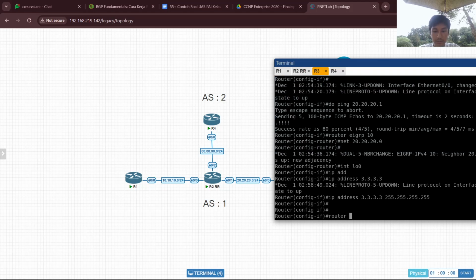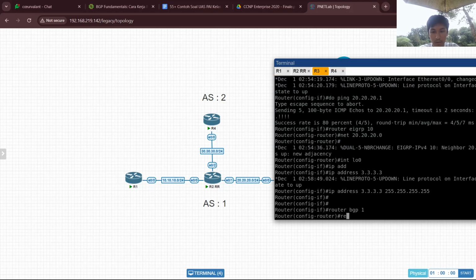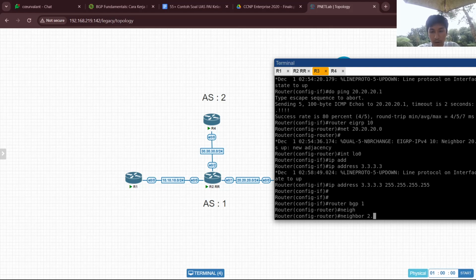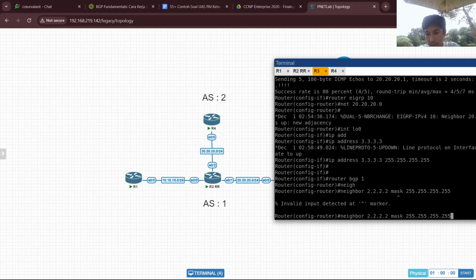Now we make this BGP 1 neighbor direction to the route reflector. Sorry, remote AS 1.